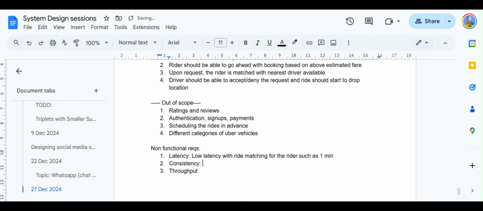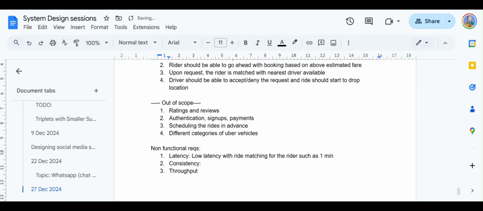Basically we should throw an error that we are unable to book you a ride, and then he can request again if he wants, but he should not be indefinitely waiting for it. As I said, this can be a configurable setting, and this again depends upon the engineering. This kind of requirement actually comes from the product managers, or based on the discussion. It's not in the engineer's hand to decide whether it should be 1 minute, 2 minute, 3 minute.